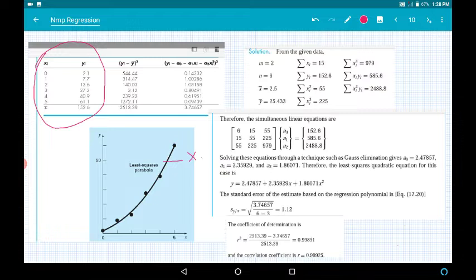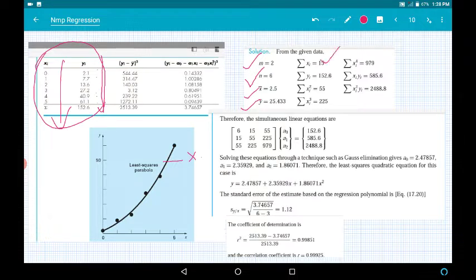So how will I do this? First of all, I will calculate the values which are required. If you see the earlier equations, we need some values like m. What is m? The order of the equation. We want to fit the second order, so it is 2. n is the number of data points, so there are 6 points, 1 2 3 4 5 6. x bar is the mean of x, and y bar is the mean of y, the average of all the y values.